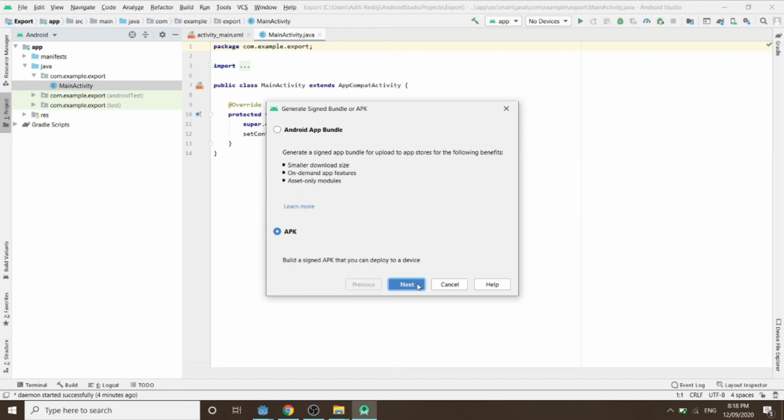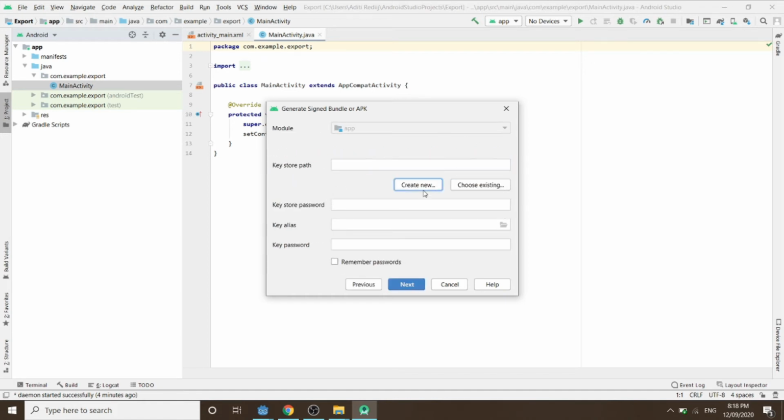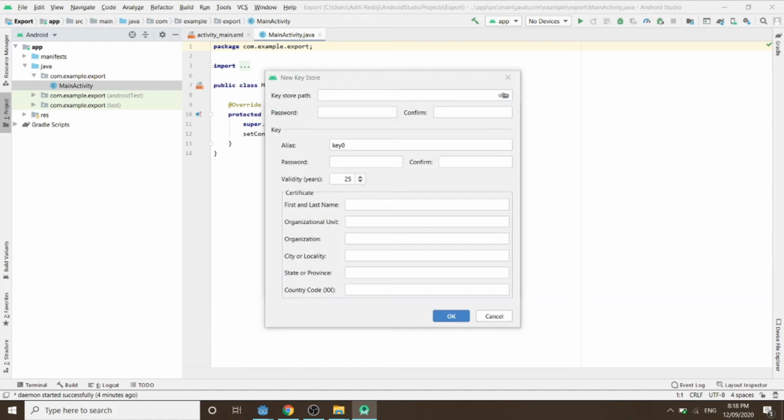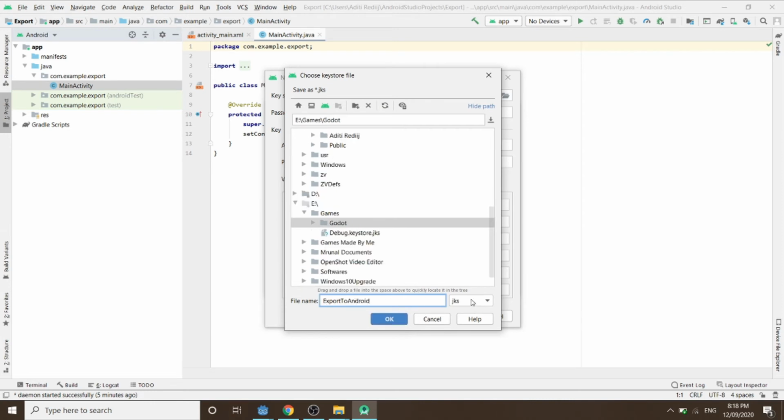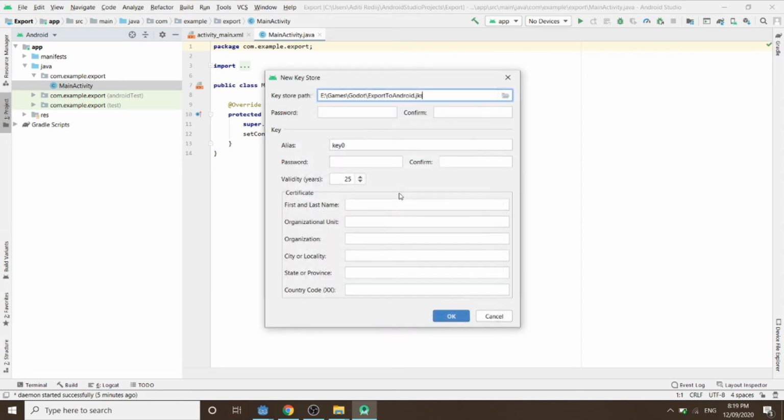Now after clicking on Generate Signed Bundle/APK, click on APK. Next, create a new keystore path and also name the file. Choose the path where you want to store your keystore. Set a password for the keystore. In alias, this is basically just like your username. You have to write it down somewhere because we will need it later on. Then after alias, set the key password. I suggest putting the same password as the keystore.